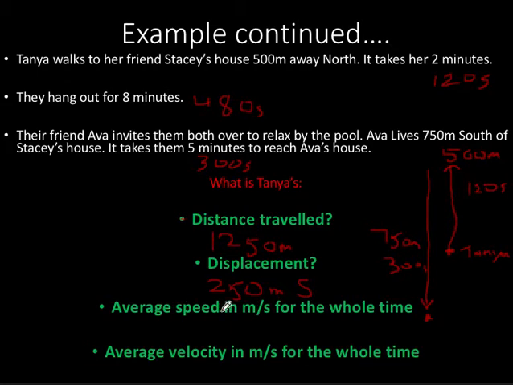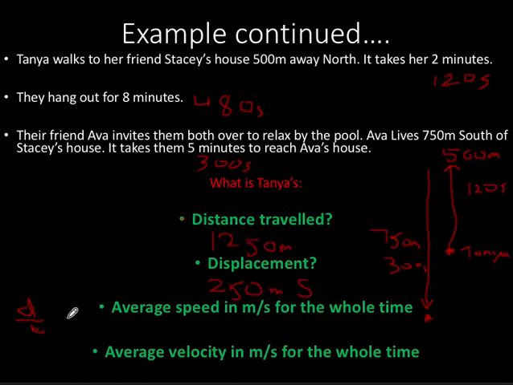Now, average speed in meters per second for the whole time. See if you can work this out. Pause the video, and once you think you've got an answer, unpause and check with me. Okay, assuming you've paused the video, average speed in meters per second for the whole time. Now, average speed is d over t, distance over time. So I've got my distance here,